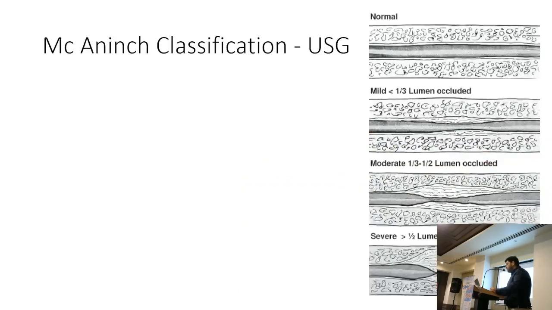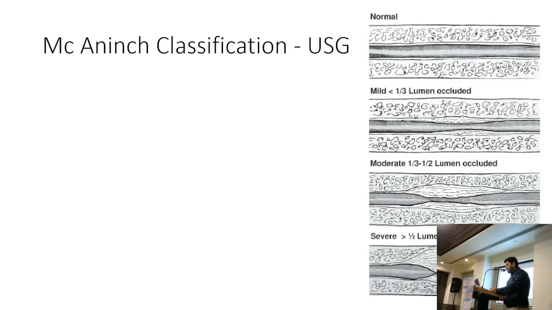This is McAninch's classification on USG. The urethral lumen is normal, and a mild stricture is considered if the lumen is occluded less than 1/3 of the lumen capacity. Moderate stricture is generally 1/3 to half of the lumen occlusion, and severe is more than half of the lumen occluded,